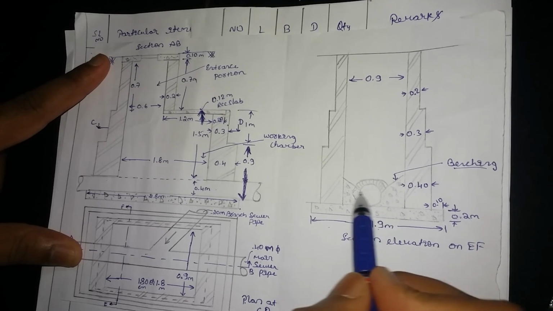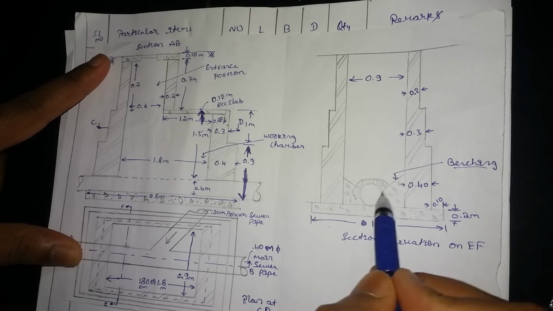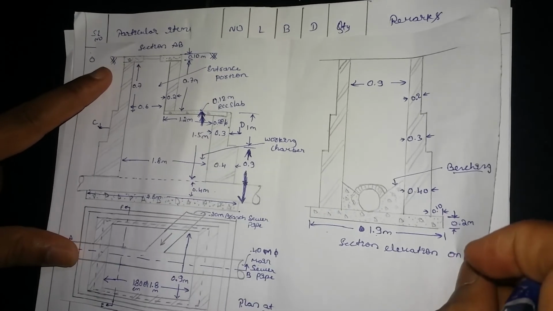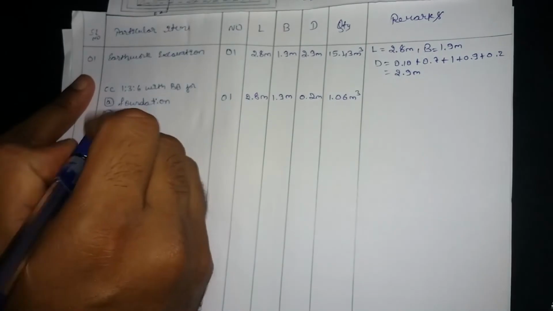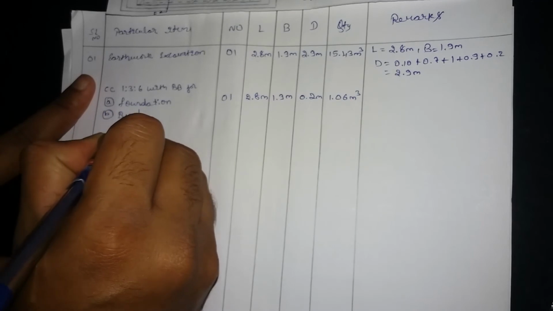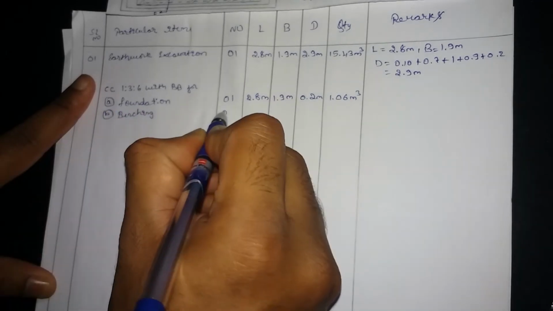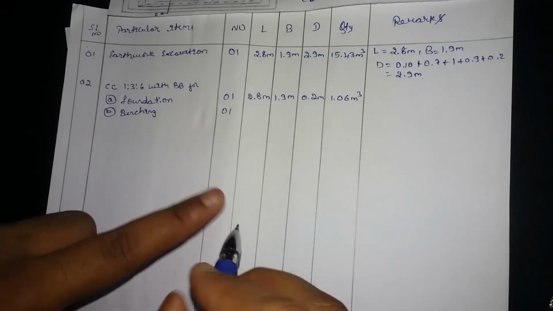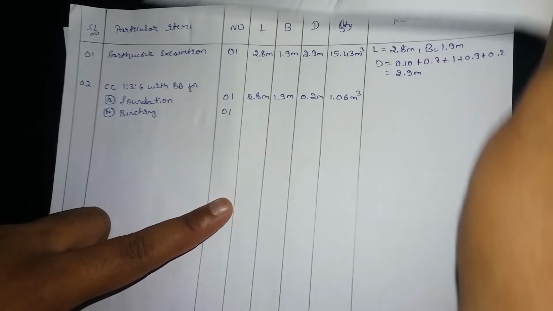Okay, so this is nothing but flooring of this part. So this is also called a benching, or nothing but the floor. Okay, now that is what I am going to write here, that is benching. This benching is nothing but your floor. So that we need to find out. So how will you find out its length?